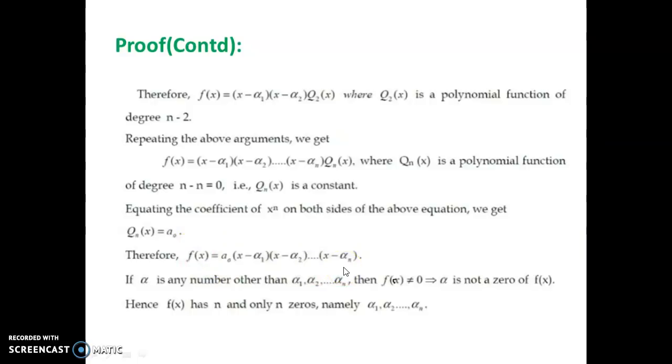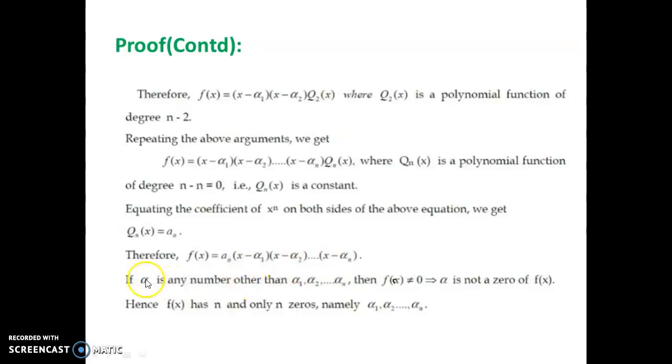Now we have to prove the second part, that is, the polynomial function f(x) has only n zeros. For that one, suppose we are taking alpha as a number other than alpha 1, alpha 2, etc., alpha n, then we can say that f(alpha) is not equal to 0, because by putting alpha on the right hand side of this expression, no terms will be 0,